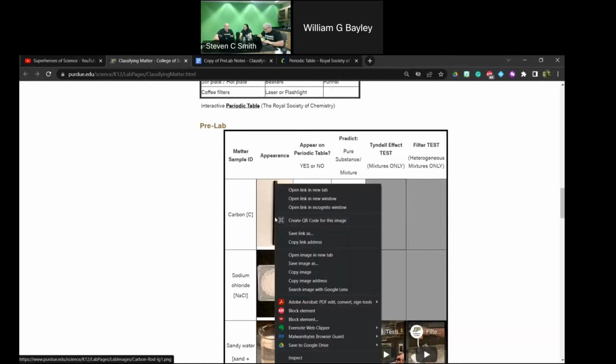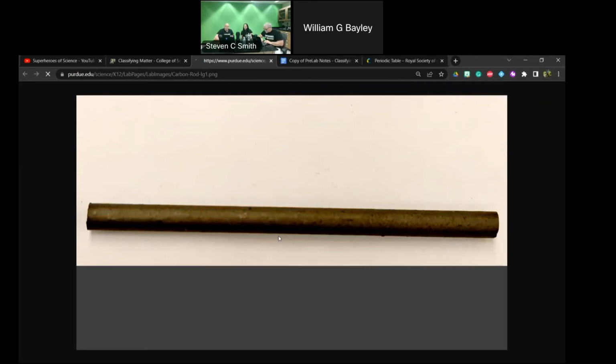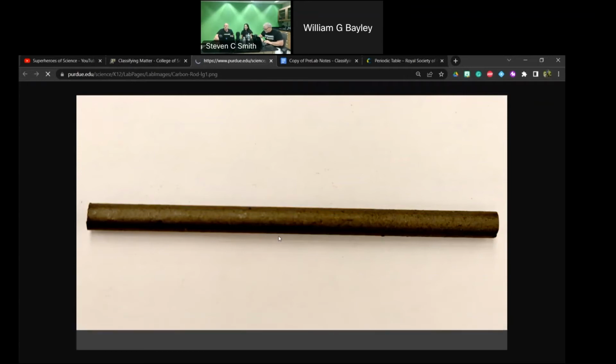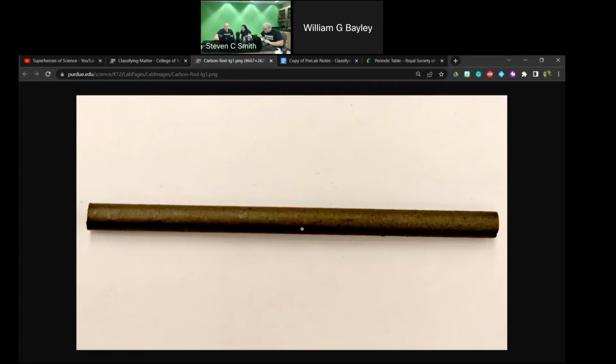It looks like I can click on it. If I click on it, Stephen linked it to a higher resolution picture of the sample. It's the next best thing to being in the lab, but what I like about this is you can see a little more definition. You can't necessarily hold it, not that we would or wouldn't hold samples. Some are probably safer. This is probably fine to hold in real life, but you can see a little more detail. This has a brittle appearance to it, so that might be one of the ways that I would describe it.